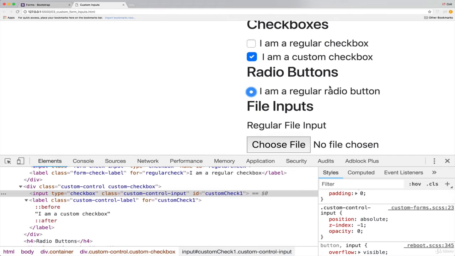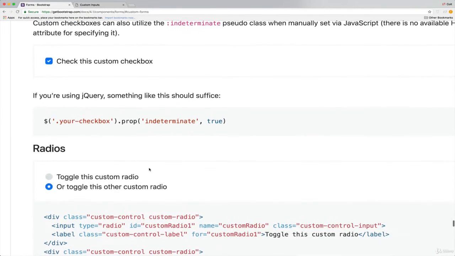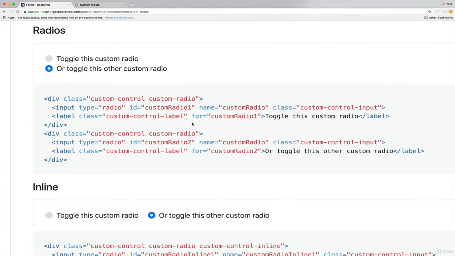Okay, so next, let's talk about radio buttons. I'm just going to copy their code for the radio button. The way that this works is that we use custom-control on a div, custom-radio, and then we have input type equals radio, and we give it custom-control-input. That's the thing that hides it. And then custom-control-label is just the label. So I'm going to copy this